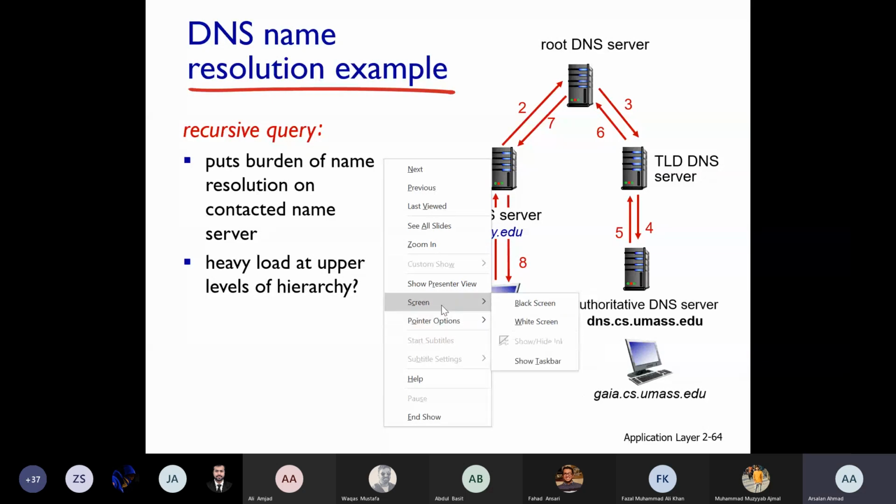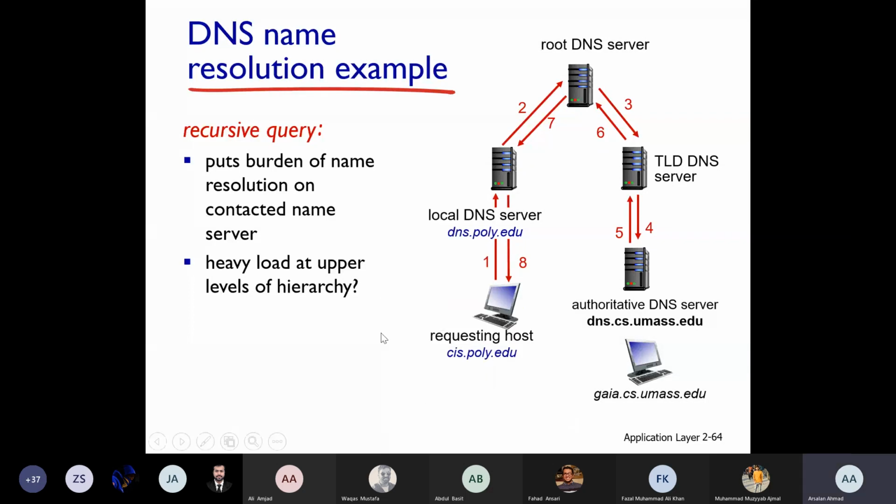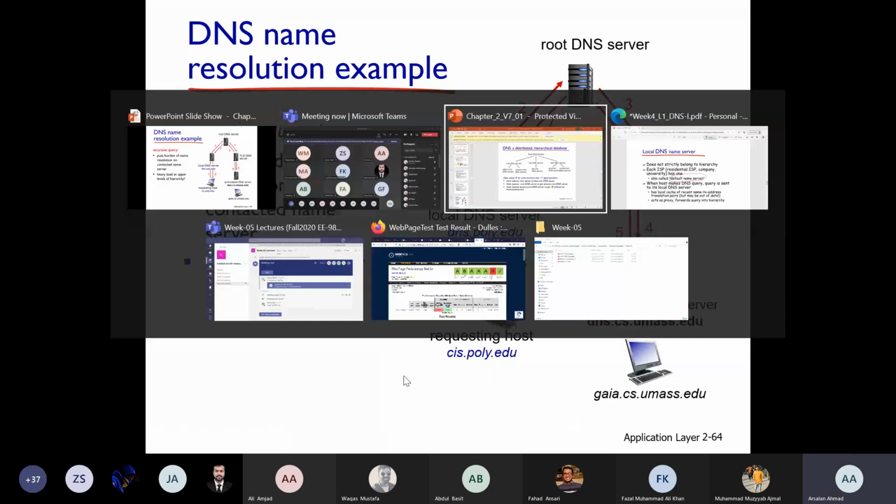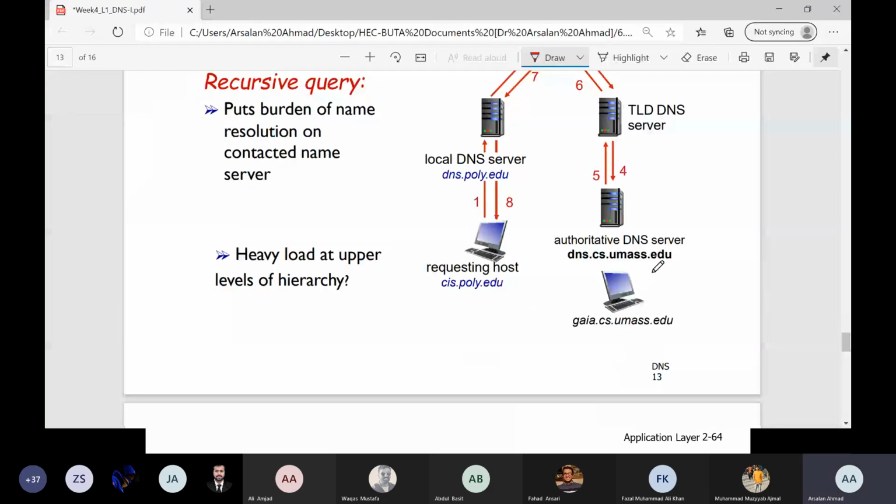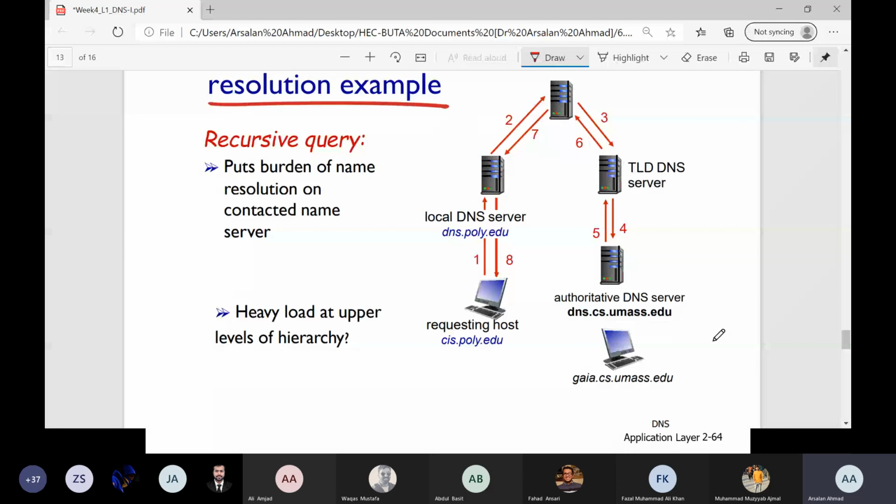Anyway, there is another host over here, and that host is umass.edu, and sys.poly.edu now wants to contact this host. It will obviously do the same thing. It will request the local DNS server. The local DNS server will only have the IP address of this